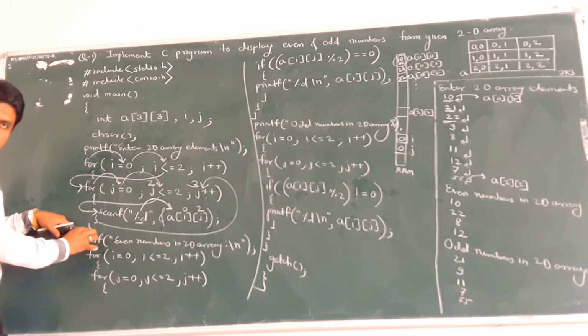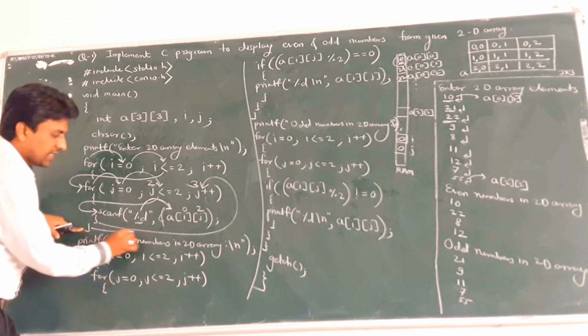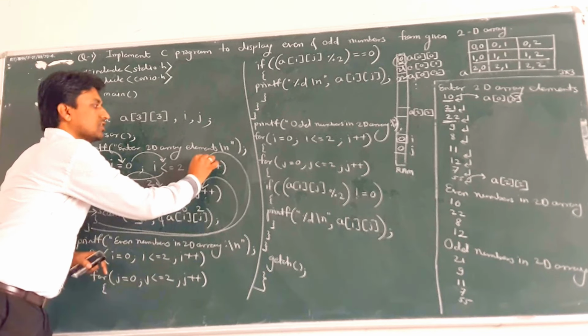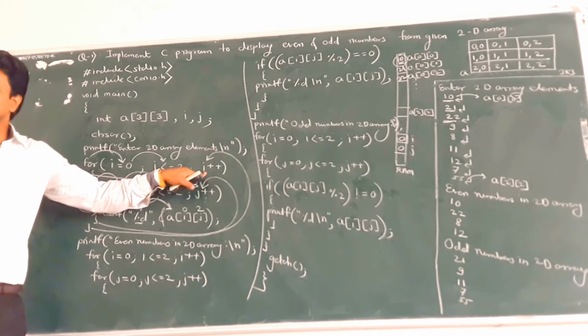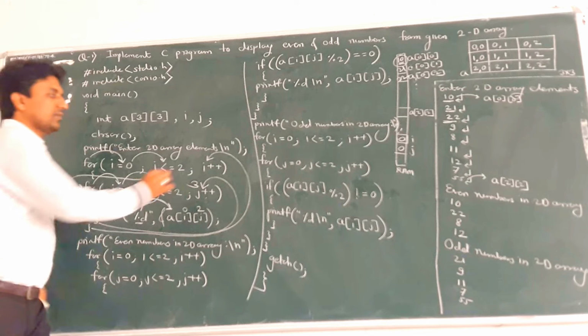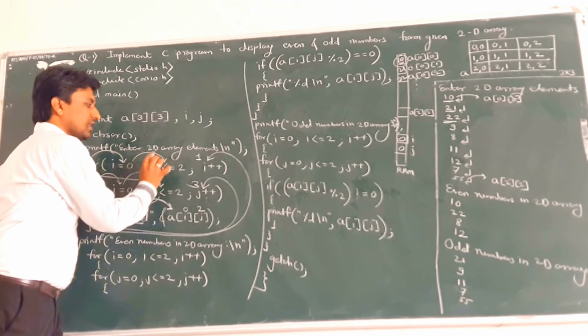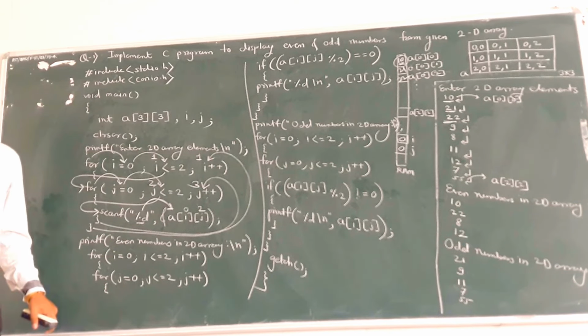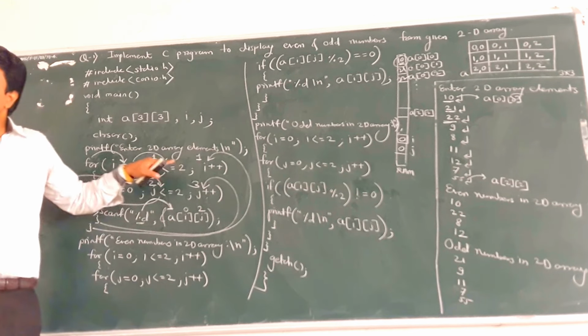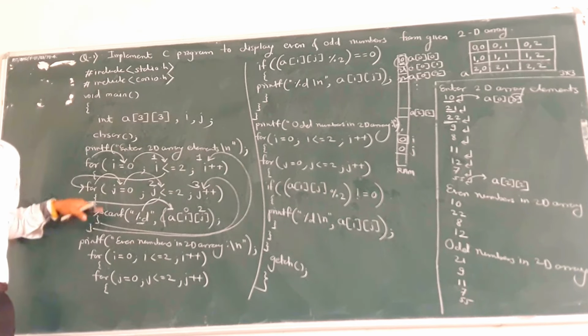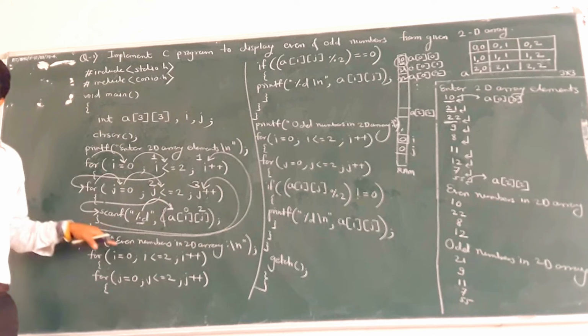What is the next line? Curly bracket. So this is the curly bracket of the outer for loop. So the cursor goes to the next statement, that is i plus plus. Now i becomes 1. So 1 less than or equal to 2 means second row value scanning is started. Clear? In this way 3 rows of values are scanned.